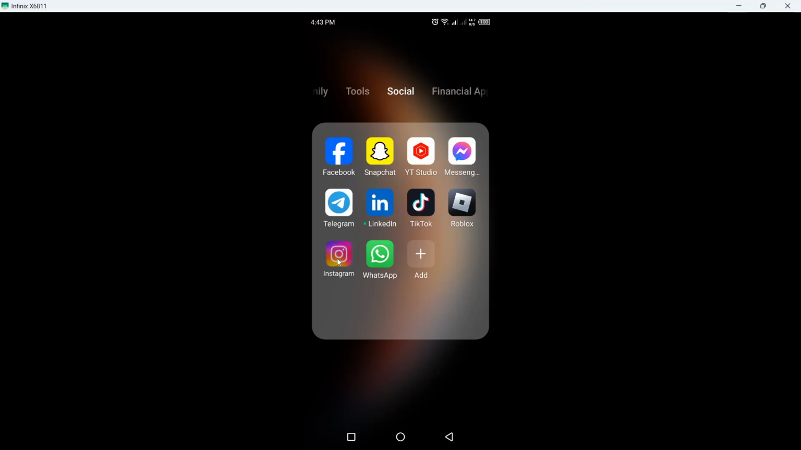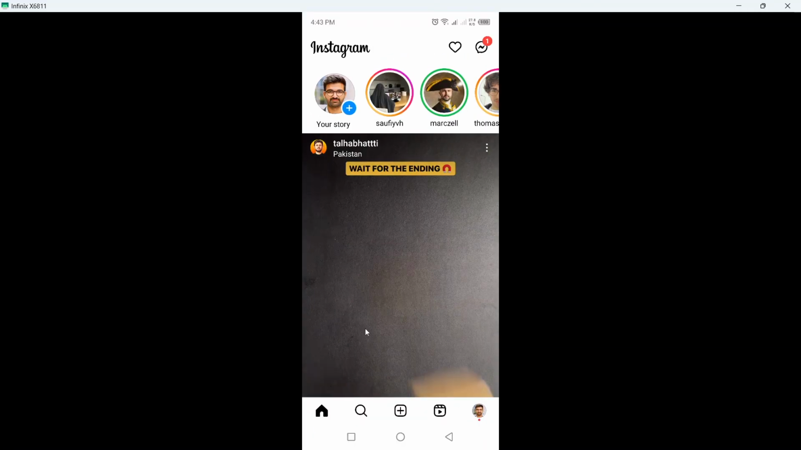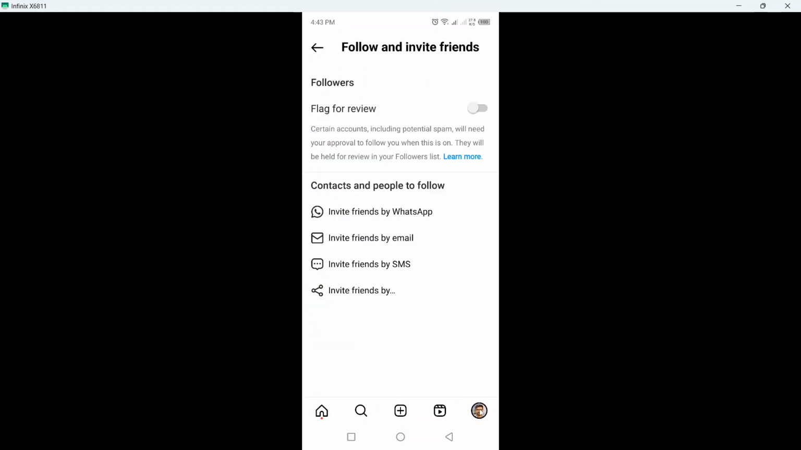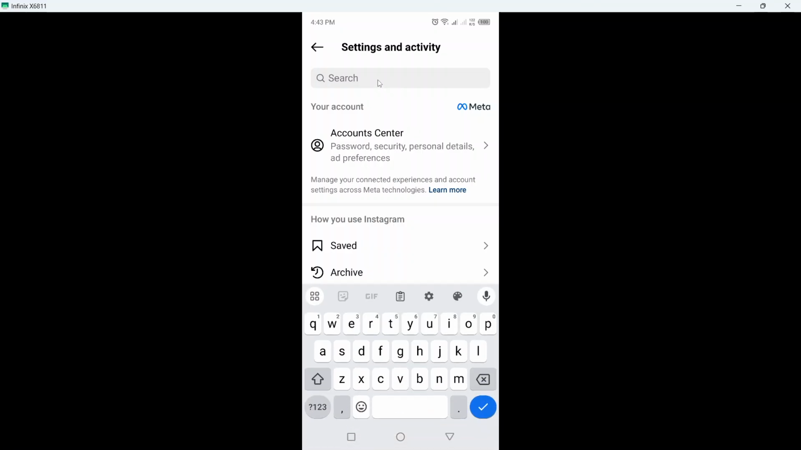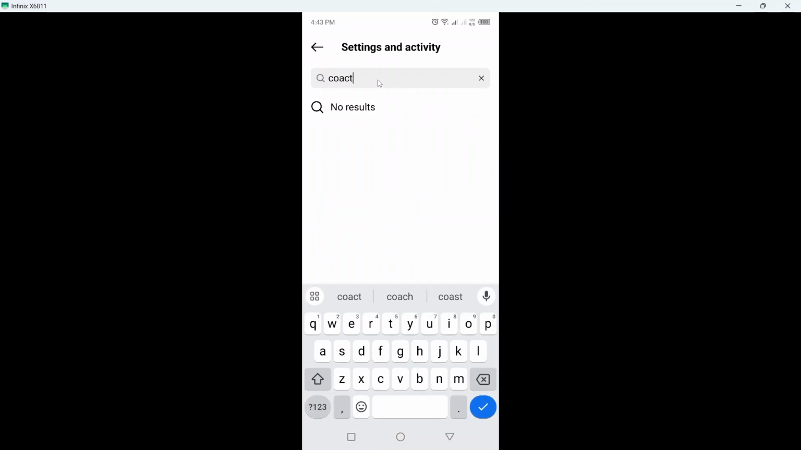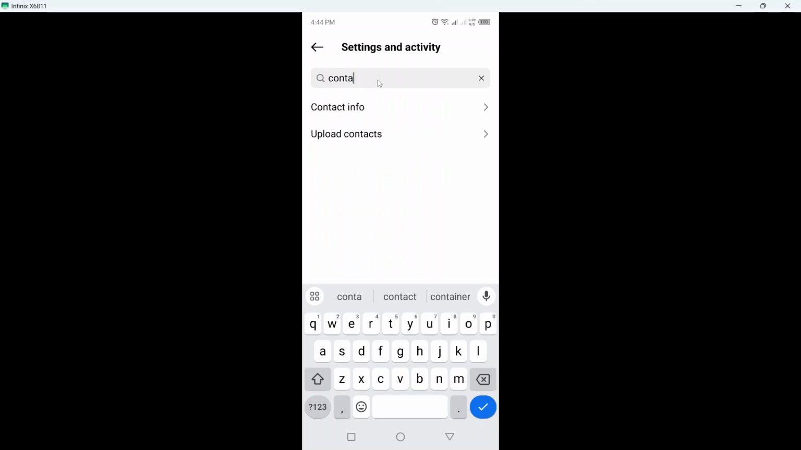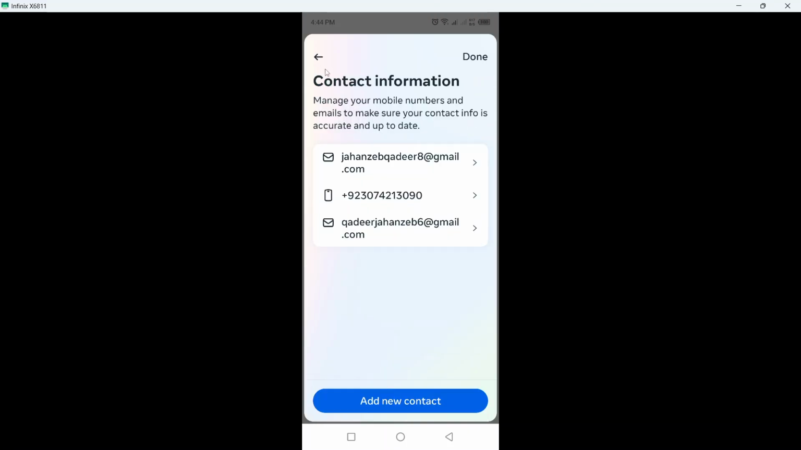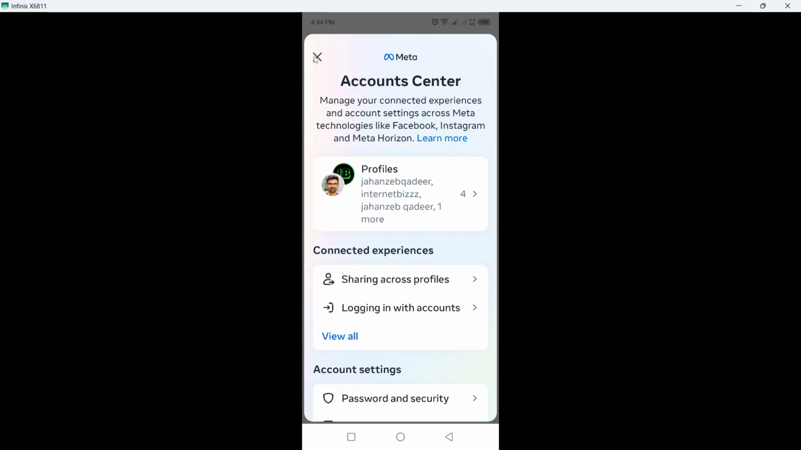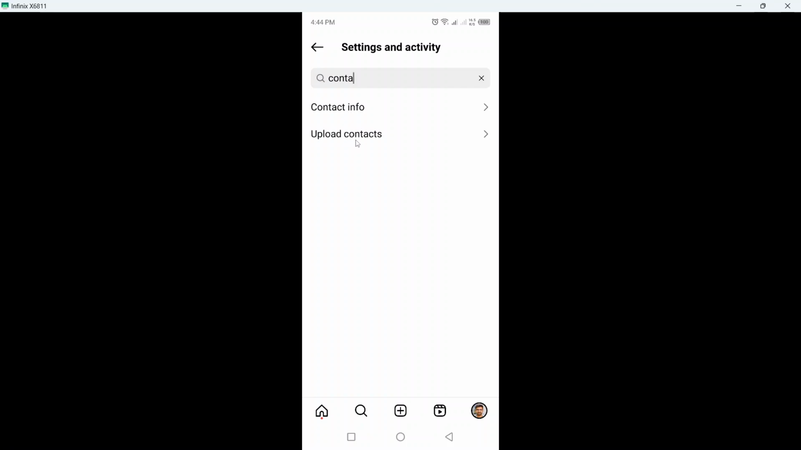And for Instagram, open Instagram and click on your profile picture in the right bottom, and click on three bars on the top right, and here you need to search for the contacts. Let me search again, contacts. Okay, and here you can see your contact info, but I want to, let me close this, upload contacts. So click here